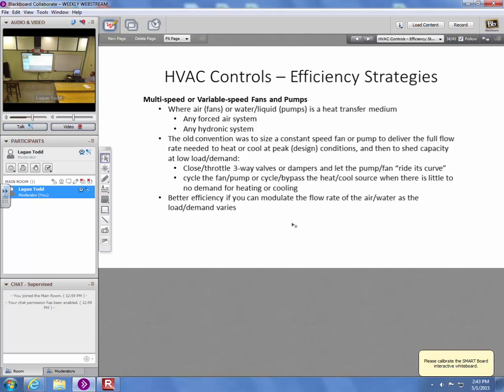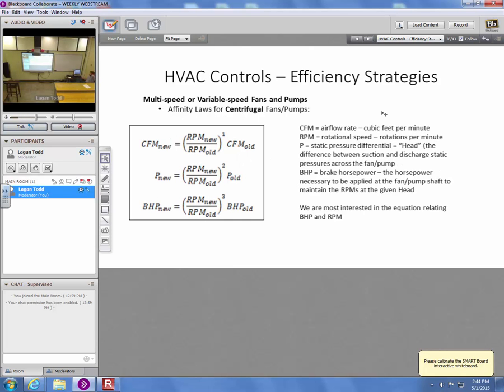So you get much better system efficiency if you can modulate the flow rate instead of taking these bypass or cycling approaches to dealing with matching your capacity to your load. Okay. There's a set of equations called the affinity laws, which apply for centrifugal fans and pumps. Don't expect you to memorize these, but I'll give you a little key here for what the different